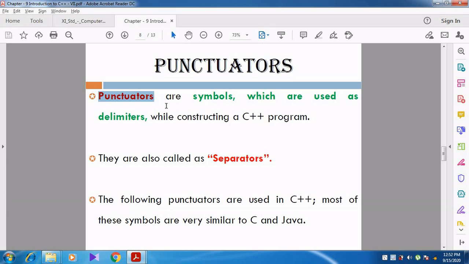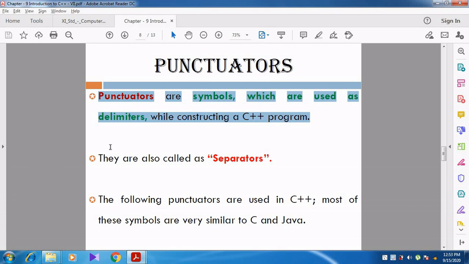Punctuators are the symbols which are used as delimiters while constructing the C++ program. Whenever we create a C++ program, punctuators are used. Without punctuators, we cannot create a C++ program.